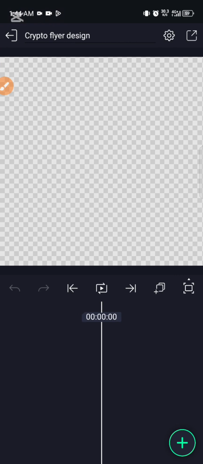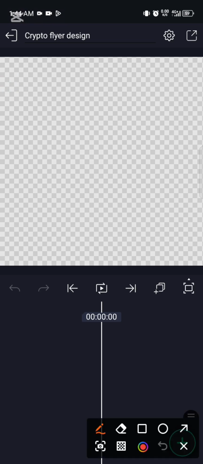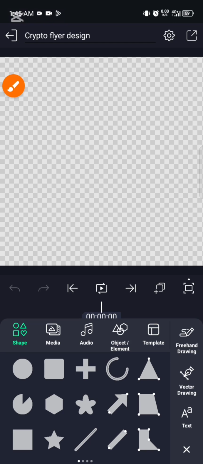The project panel or space is empty. So for us to add elements in there, we just have to click on the plus icon over here. The plus icon over here. So click on it. Then